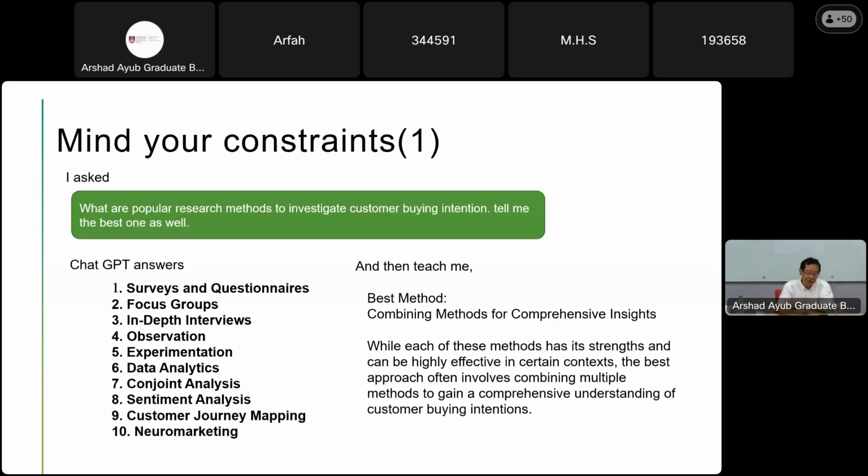When you start to consider the research methodology, I ask, what are popular research methods to investigate customer buying intention? Tell me the best one. And ChatGPT lists 10 approaches, starting from surveys and questionnaires, the focus group interview, in-depth interview, and observation. And 5th, experimentation. And 6, data analytics. And 7, conjoint analysis. And 8, sentiment analysis. And 9, customer journey mapping. And 10, neuromarketing. And the answer to the second question, the best method: